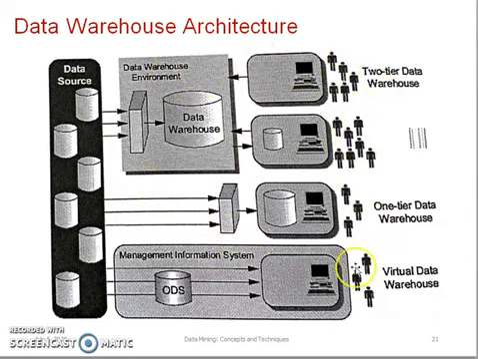A two-tier architecture is shown at the top of the screen, and it can be a virtual data warehouse, directly collecting the data from different data sources into another database on which we can perform analysis. This is what we call a virtual data warehouse,